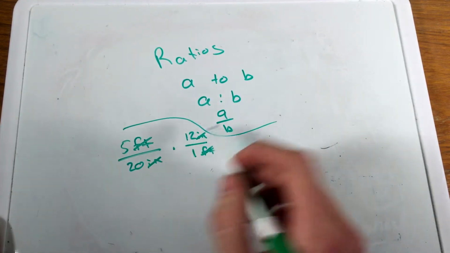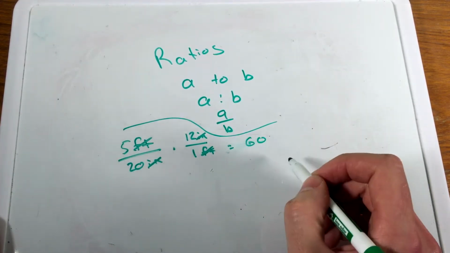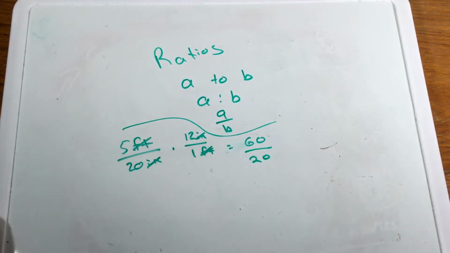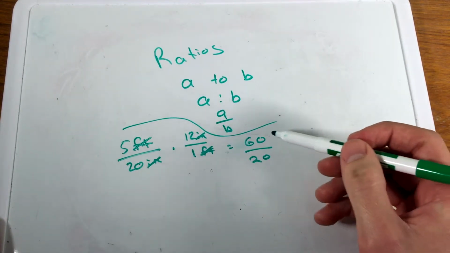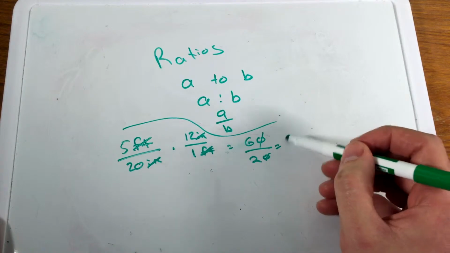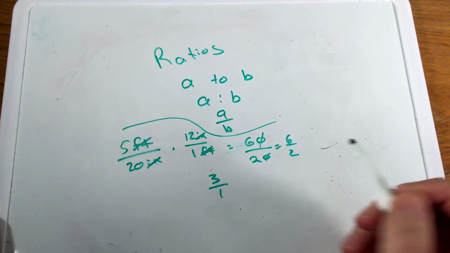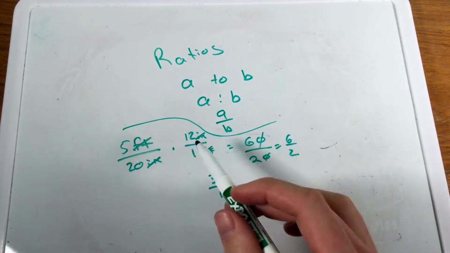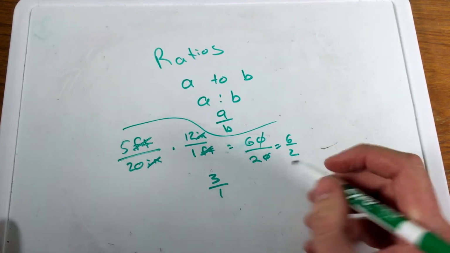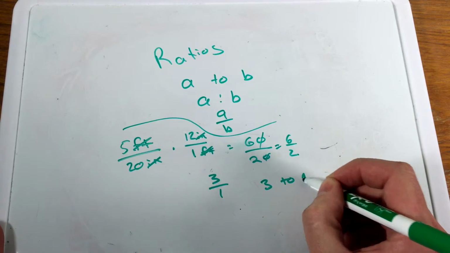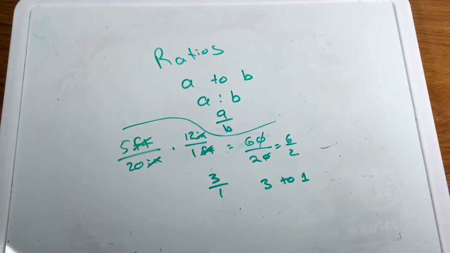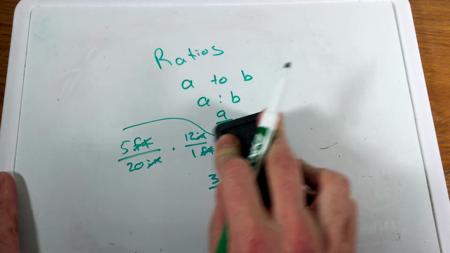And now I'm left with 5 times 12, which is 60, over 20, which will simplify. Well, we divide both by 10, we get rid of zeros, we're left with 6 over 2, which simplifies to be 3 over 1. And so our ratio here of 5 feet to 20 inches is a 3-to-1 ratio. Again, these don't really have units itself. Okay, so the 3-to-1 ratio doesn't really have units. It's just between these two objects that were there. Sometimes we can see this ratio happening